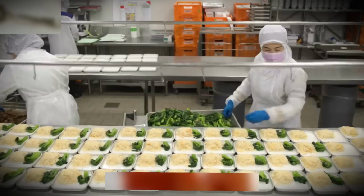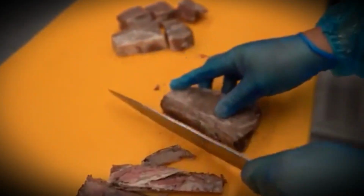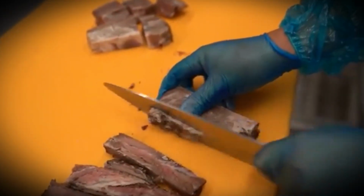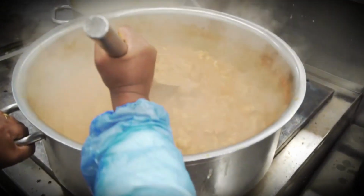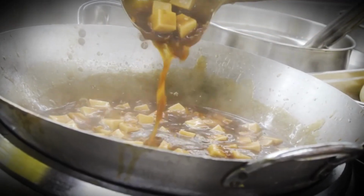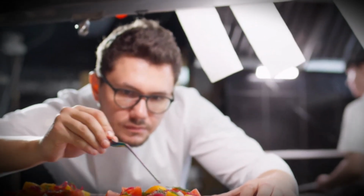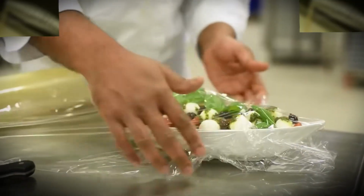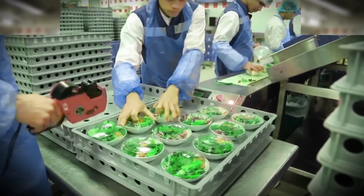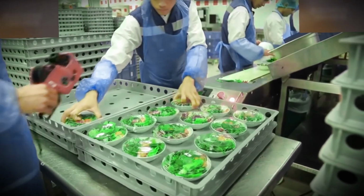It's like watching a perfectly choreographed ballet. Every movement is practiced, efficient, and precise. To ensure consistency, workers follow detailed plating guides, photographic instructions that show exactly how each dish should look, right down to the placement of the garnish. First and business class meals receive even more special attention, with each component plated carefully by hand to achieve that elegant restaurant-quality presentation. This isn't just a production line, it's thousands of culinary ambassadors building the Emirates experience tray by